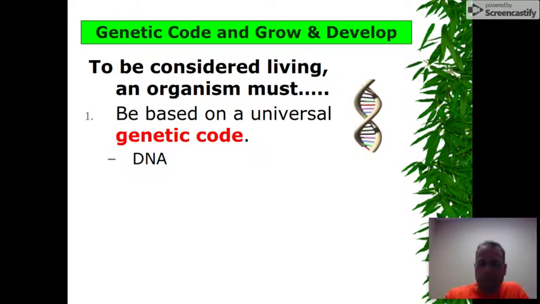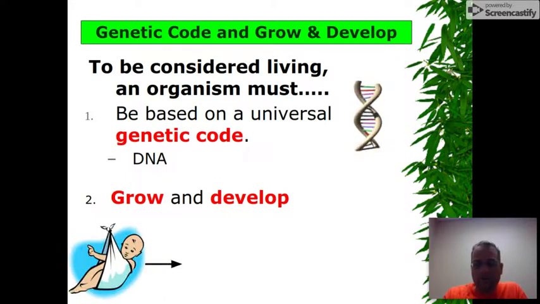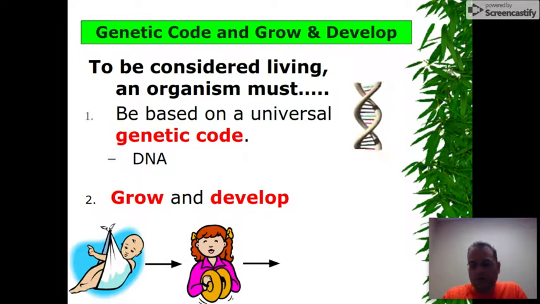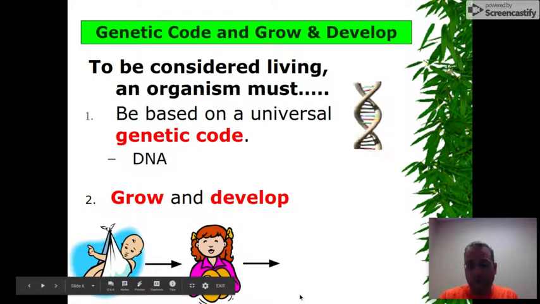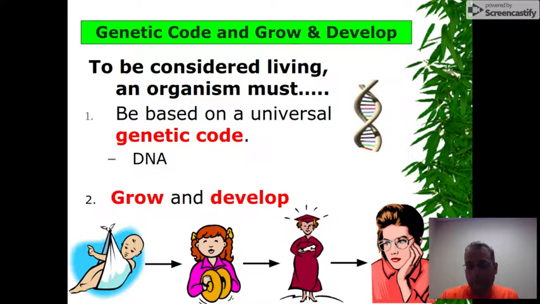Second, an organism as small as a bacteria all the way up to an elephant must grow and develop. So this is going to mean you're going to start off as a baby in humans. You're going to get a little bigger, you're 3 or 4. You might be able to pick up some symbols or play with a musical instrument. As you get older, you might graduate from high school, and then you get older in your 20s, 30s, and so on.